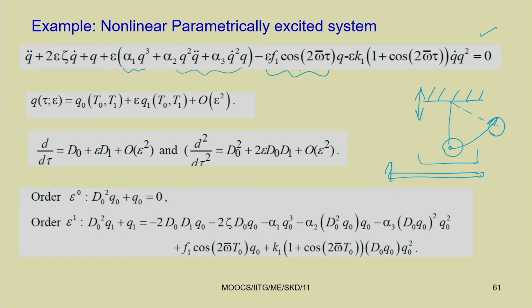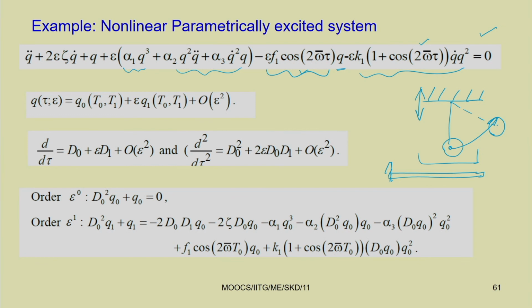This term, which is a time varying term, is the coefficient of q. That is why it is known as a parametrically excited term. In this other part of the equation, you can see this forcing term is the coefficient of a nonlinear variable, that is q dot into q square. Due to the presence of q dot and q square, this is a nonlinear term, and as this time varying term is the coefficient of this variable, that is why this is also a nonlinear parametrically excited system.